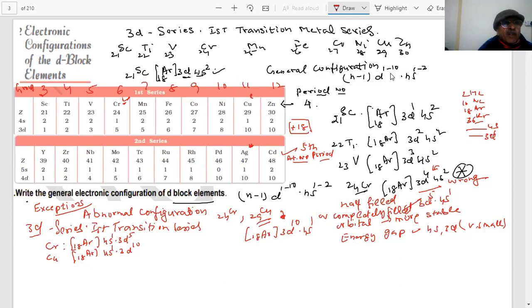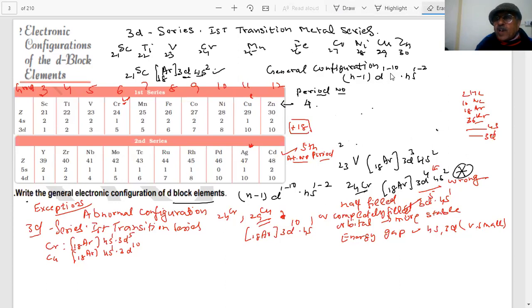So after krypton, if you have to write this configuration, again it is easy. How do you write the electron configuration? You can easily write it. You have already noted this. I'm trying to show you how to write the electronic configuration. In the paper, they can give you 4 electronic configurations, and you have to identify which is the correct one. MCQ questions are coming, so we have to prepare ourselves for that.